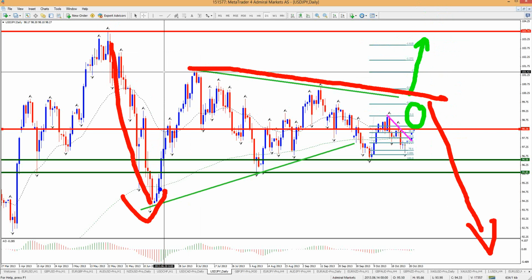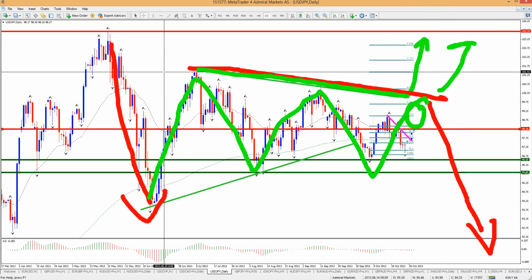And all this upside was, in fact, a correction for more downside. That's definitely possible. We can't exclude that possibility, unless we break that top of the green line. Then, of course, the likelihood of more upside is very imminent. Well, that's it, basically, in my opinion,